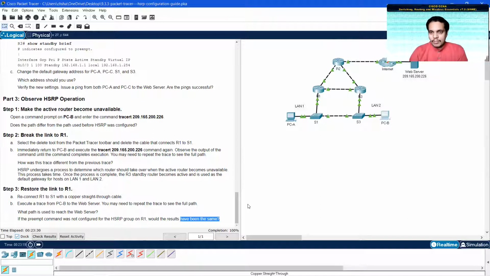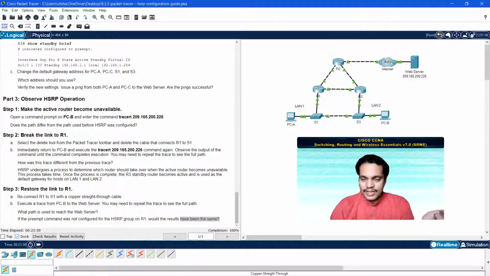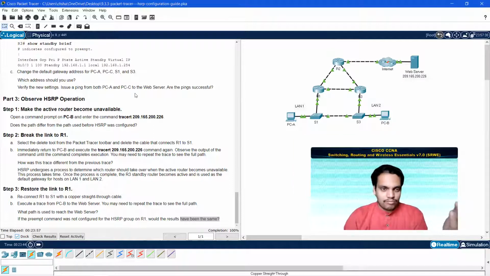This HSRP is quite simple as long as you understand why it is needed and how to configure it. Even if R1 or R3 fails, if at least one link fails, there is always another router which can provide connectivity to these hosts, PCA, S1, S3, PCB, to the outside internet. So with that, this is the video where you actually can work with HSRP. Just get on with it. Try to execute the commands, work with the priorities. You can actually implement your own ones also.